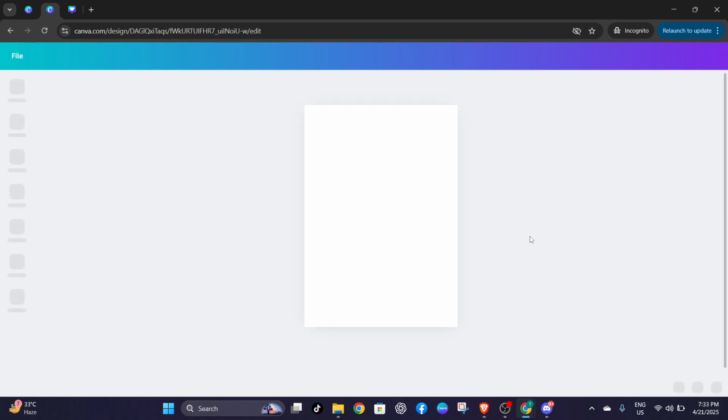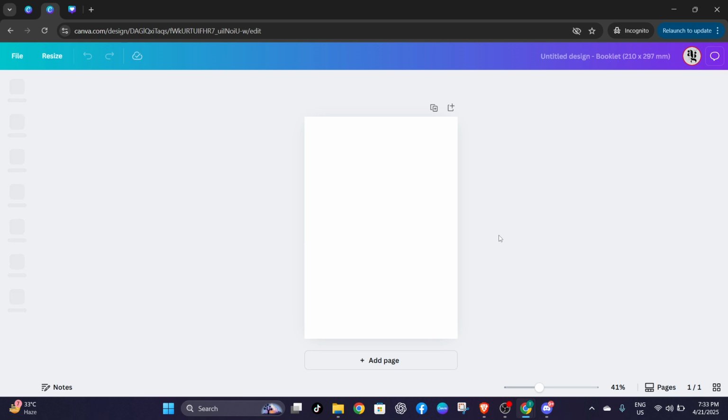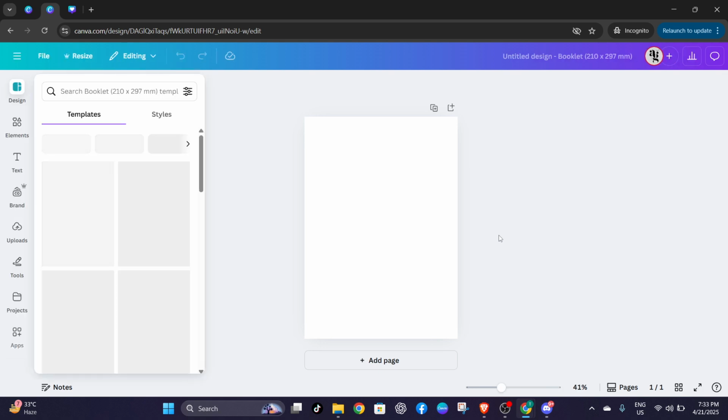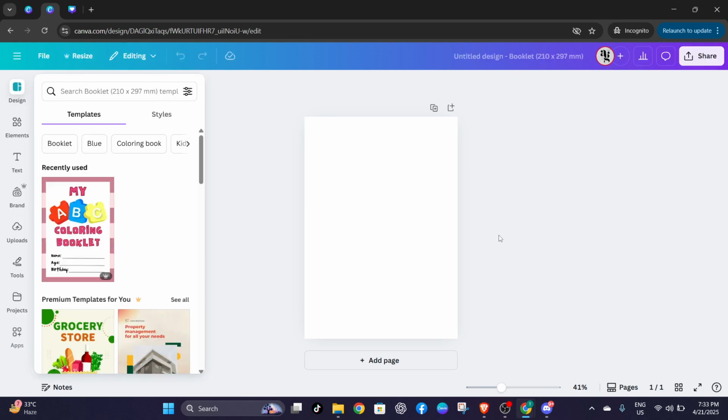And there you have it. In just a few simple steps, we've created an A4 document template in Canva. This process is quick, efficient, and ensures your design is perfectly sized every time. So go ahead and start creating designs that are both aesthetically pleasing and